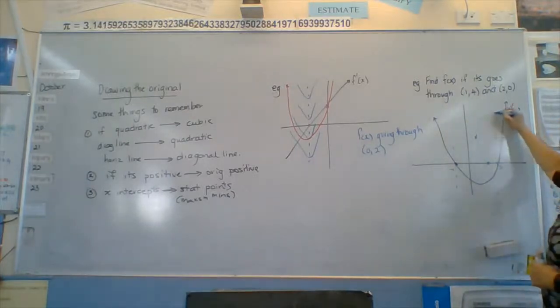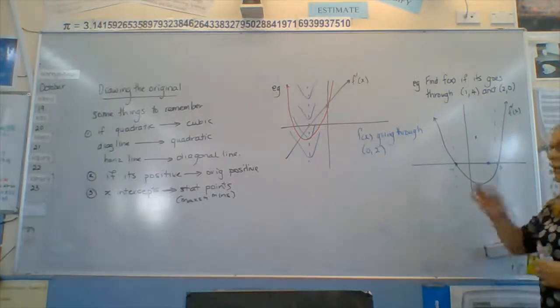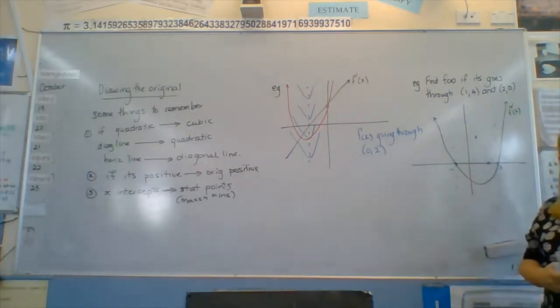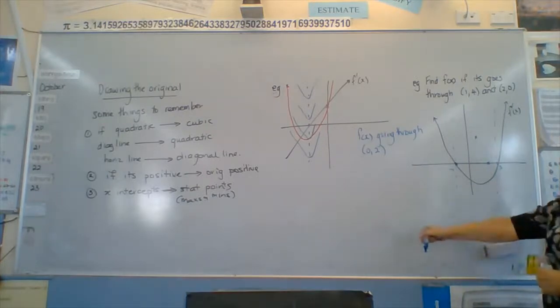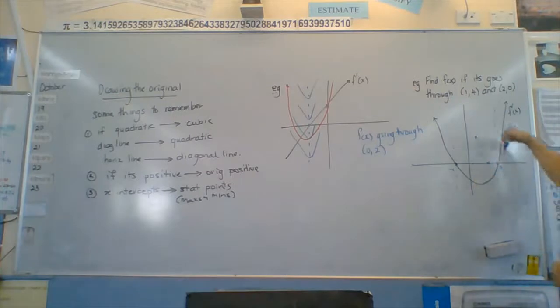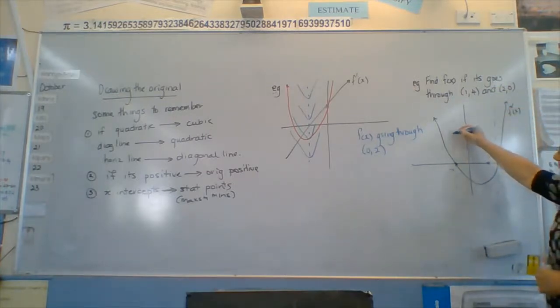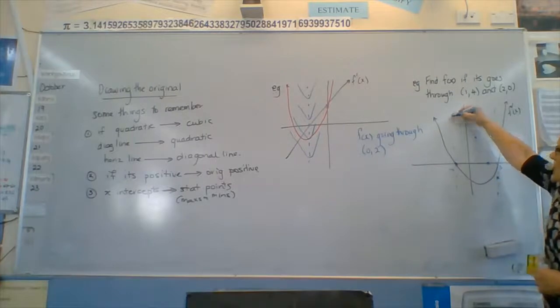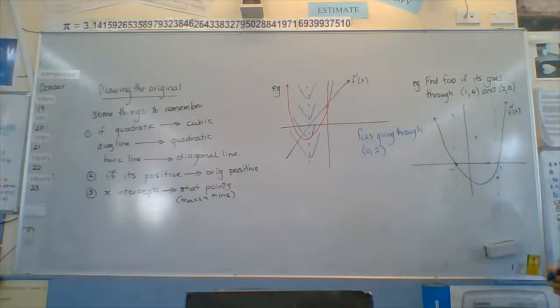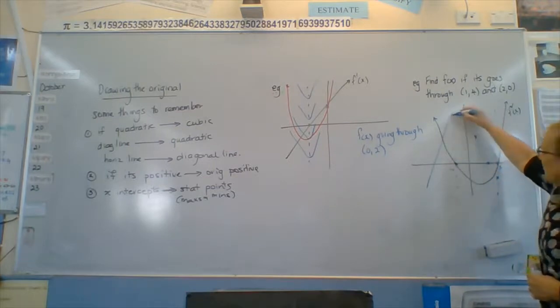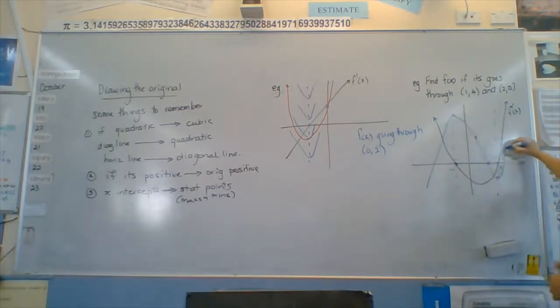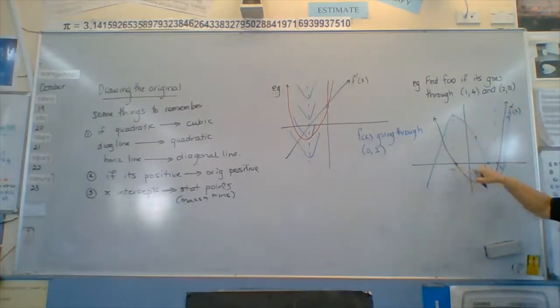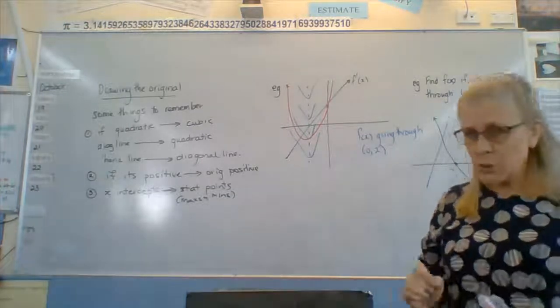These are my maximum and minimums. Is it positive or negative? It's positive because it's a positive parabola. It's going to be a positive cubic, which means it starts from down. Up, down, up. All right? So I have to go with a maximum on that line and a minimum on that line through these 2. So I'm just going to mark 2 points because it doesn't really matter where they are. I need to hit those 2. So I'm going to go up to there, and I'm going to come through these ones, up to here and off. So I've got the maximum and the minimum. I've hit these 2 points. My cubic would become a parabola. It's not too hard, but